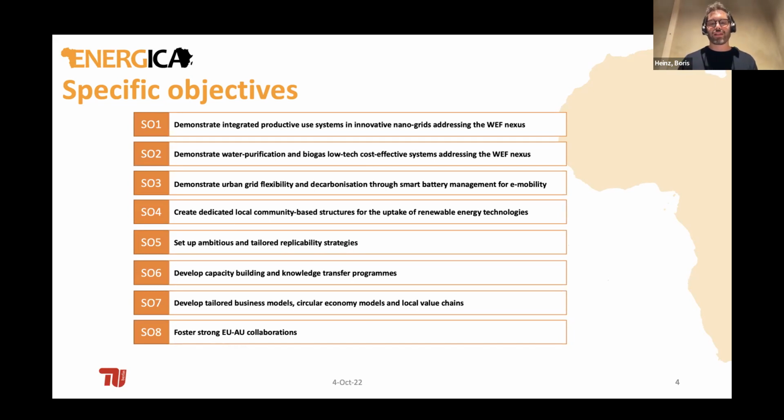So there are tasks and work packages that look at the technological fit of the solution for the location, at the potential regulatory framework and business models, as well as on the social structures locally. Speaking of the energy transition boards from the slide before, special objective 5 deals with the uptake of these specifically tailored solutions from the 3 contexts and draws out learnings